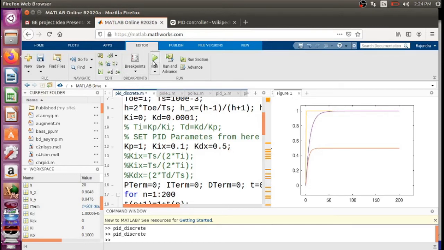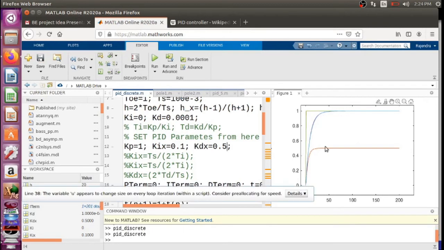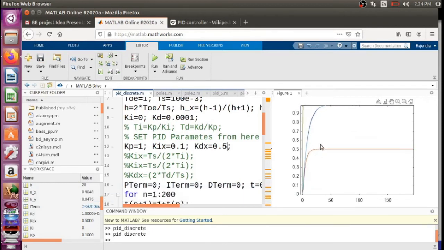So if you set 0.5, and if you set this as 1, you will get a slight difference in this.